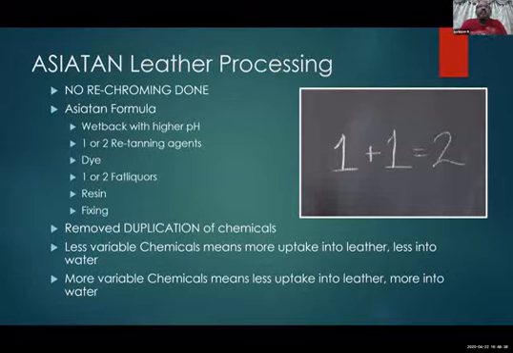Once the chrome tanning uptake is done, in the further processes, after utilization, fat liquor, fixing, and final washing, the excess chromes always come out in different stages of the bath. Anybody who wants to check can always compare with rechrome and without rechrome. The chrome keeps oozing out of every single drain after the process. You do neutralization, you do wet back, the chrome keeps coming.